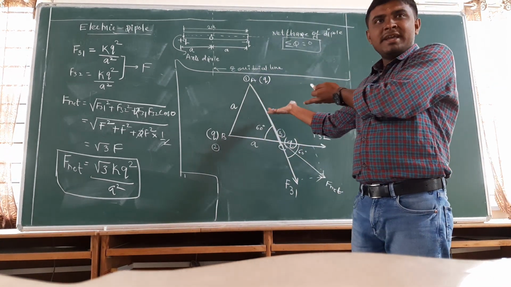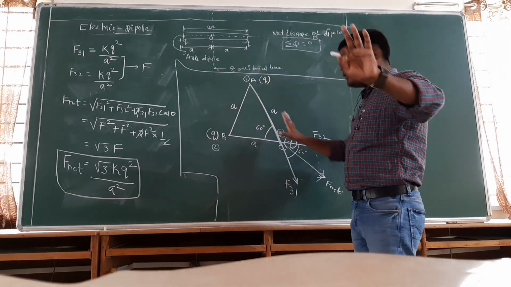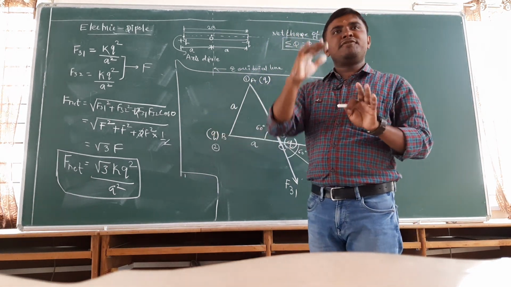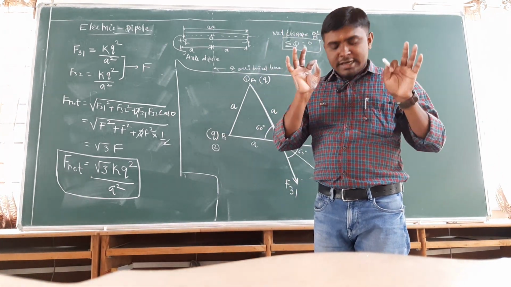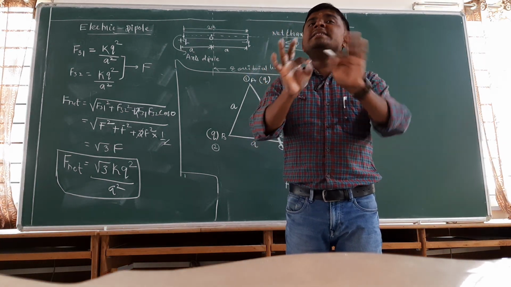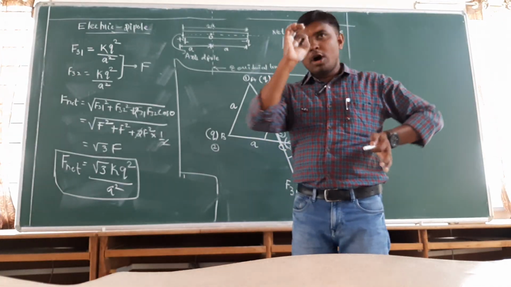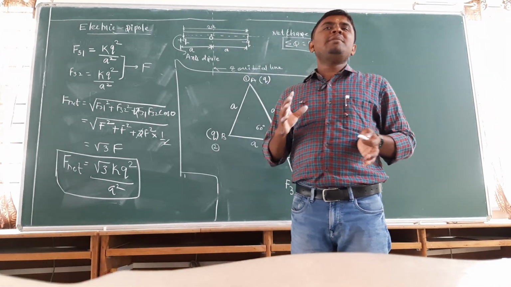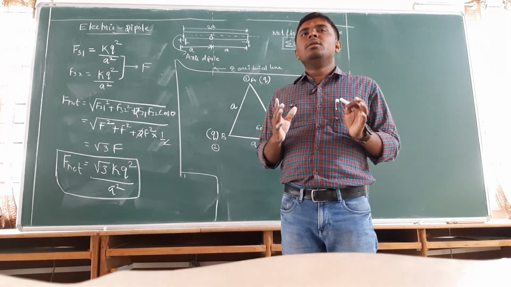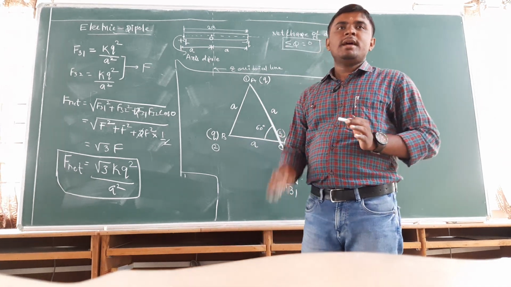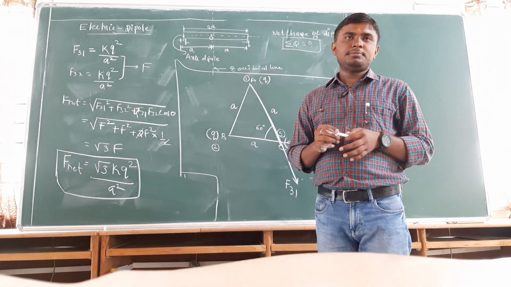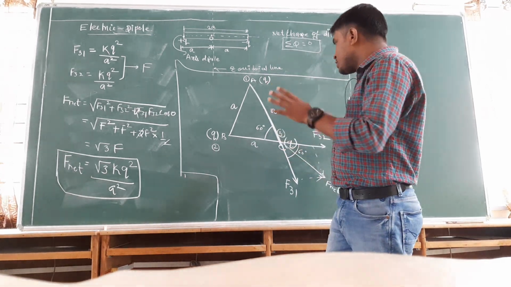Equilateral triangle is in front of you. So if you take A, you will get the same answer. So this is an important point, beta. You can remember it for the comparative part also. What is that? The net force acting at any corner of an equilateral triangle having same magnitude of charges is always equal to root 3 times kq squared by a squared, and this is how we will find the net electric field at any corner of the equilateral triangle. I hope you all understood this concept.